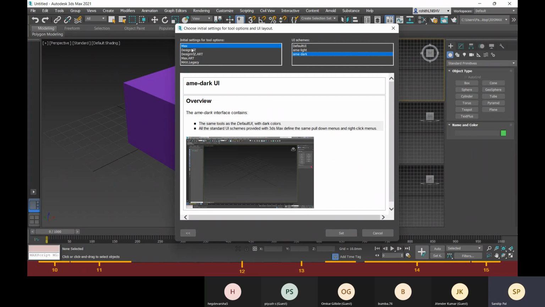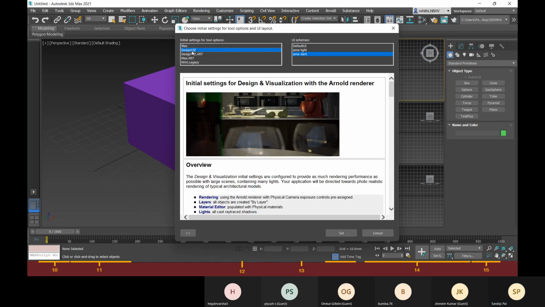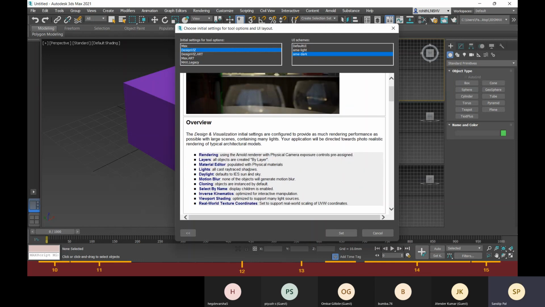Now in the initial settings for tool options, if I choose this design views option, design and visualization, I will have these settings for rendering in the initial condition. Later I can change it, that's a different thing, but initially I will have these settings.